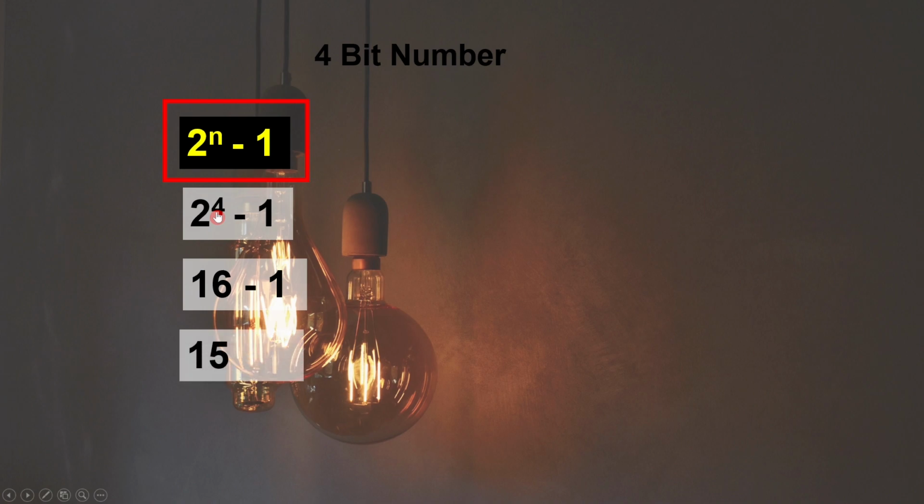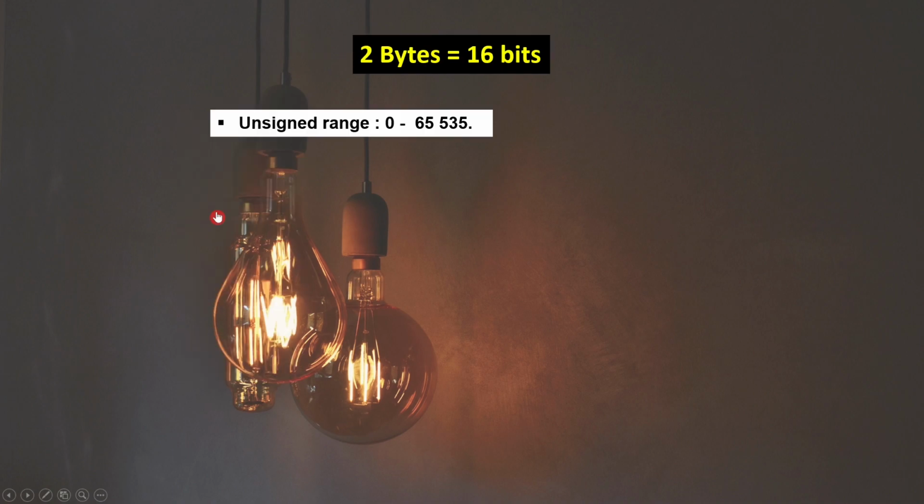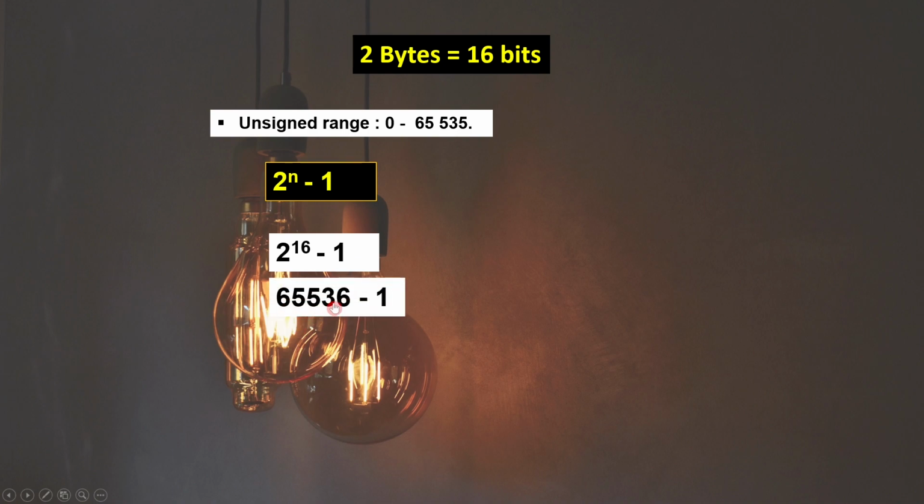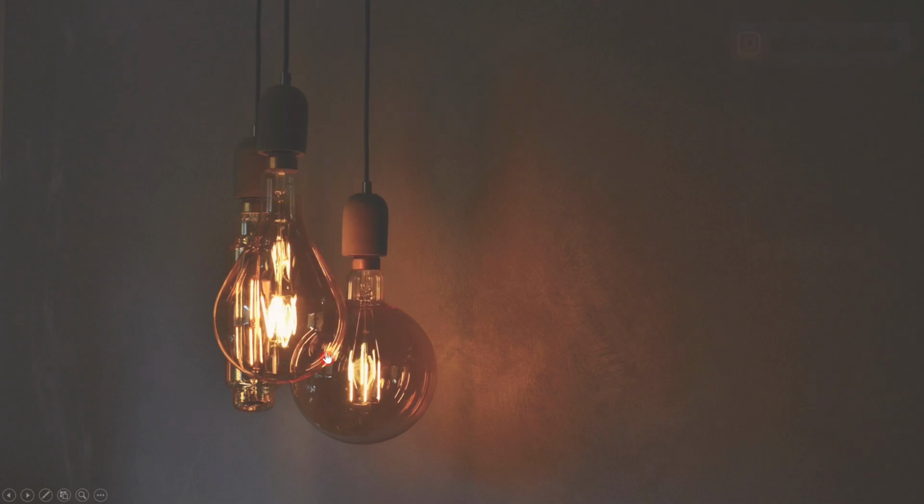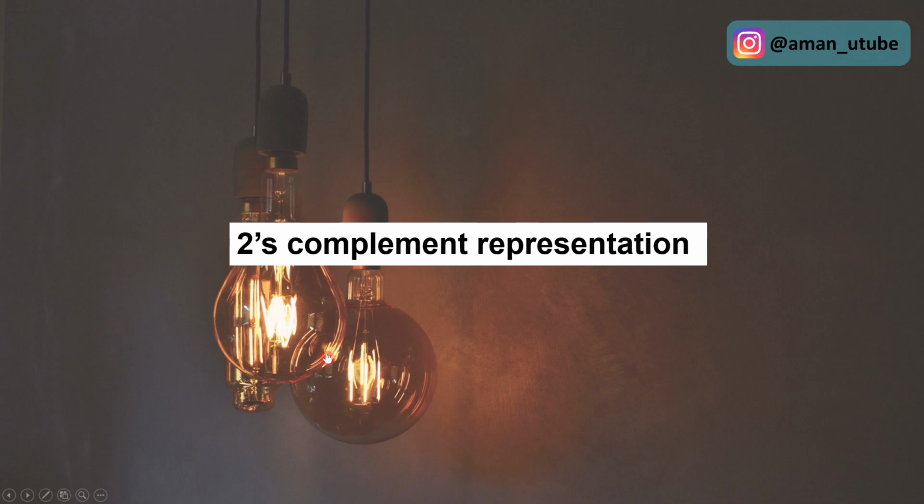If in your machine the size of integer is 2 bytes, then the unsigned range is from 0 to 65535. By applying the same formula for calculating the maximum value, by replacing n with 16, you get 2 raised to power 16 minus 1, which is nothing but 65535. Usually you have to represent the negative value as well, and that we do with the help of 2's complement